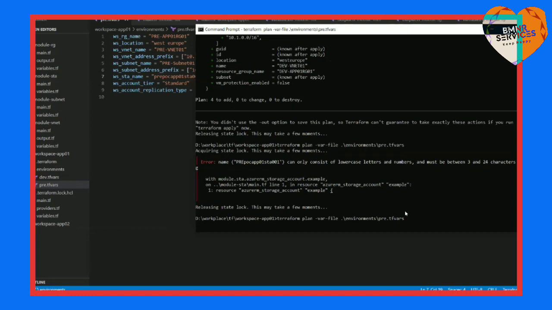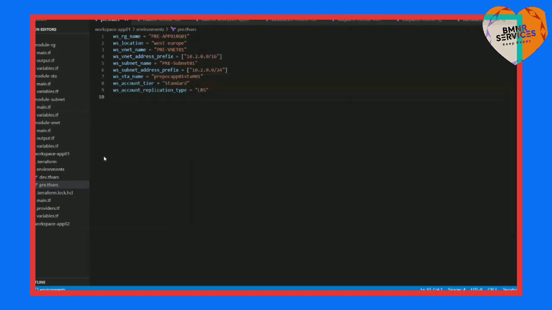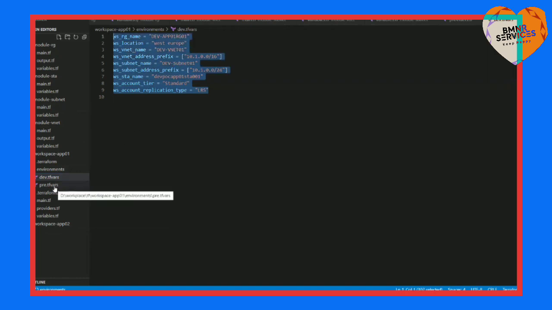So earlier I used dev.tfvars, now I am using pre.tfvars. If dev.tfvars has been applied, and now I am planning for the pre.tfvars, it will try to rename all the resources. If I'm not doing any special arrangement, this is what overwritten will happen. Terraform understands you are doing the same thing with different values. To avoid that,